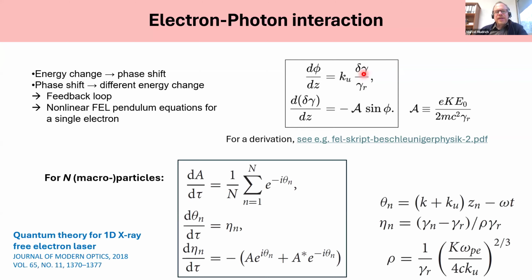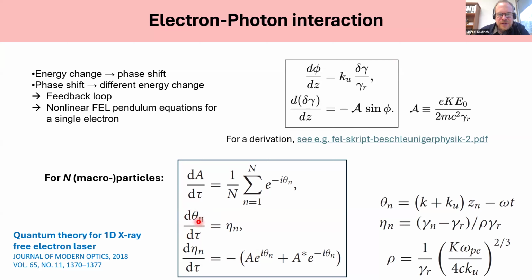But this can be extended by considering a many-particle system of n, not even single electrons, but n bunches or macro particles, so packets of electrons. Essentially the set of equations for this n-particle system has the same structure as the pendulum equation, in the sense that we have